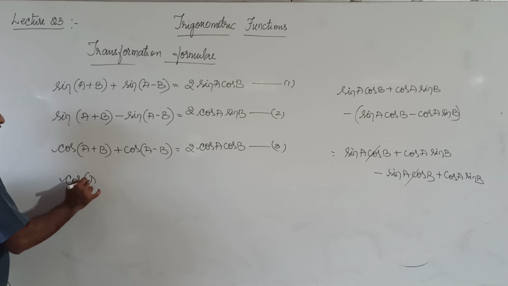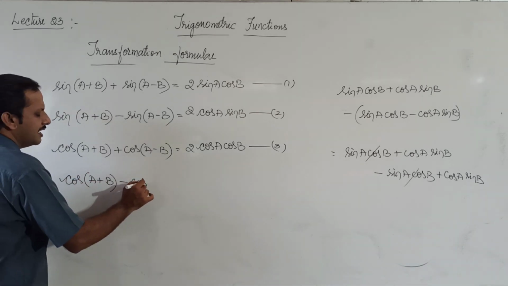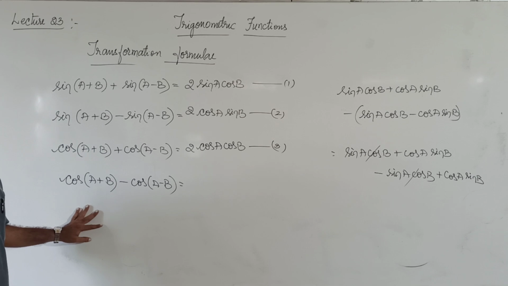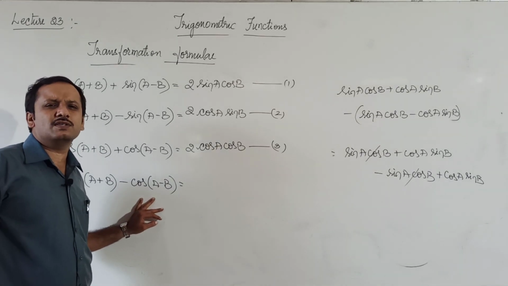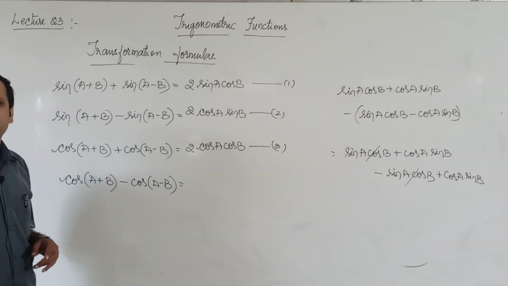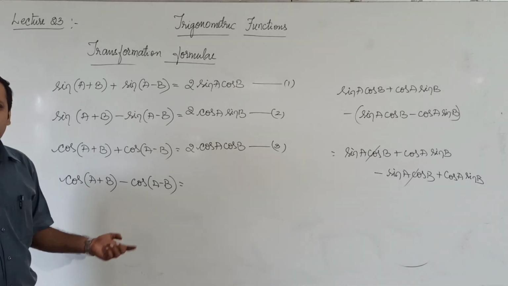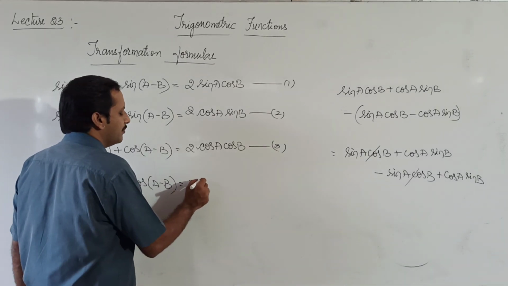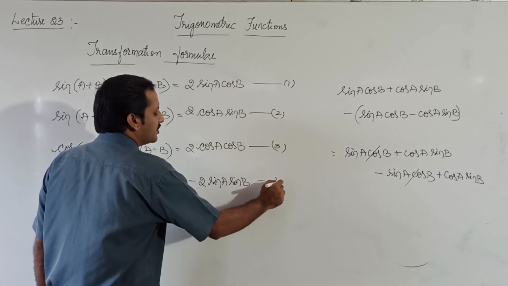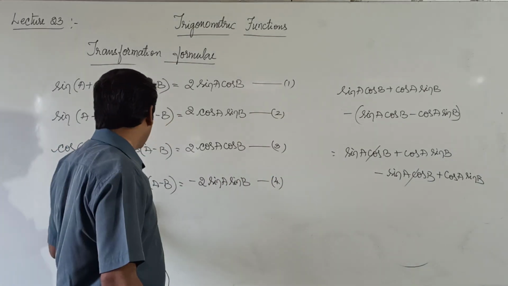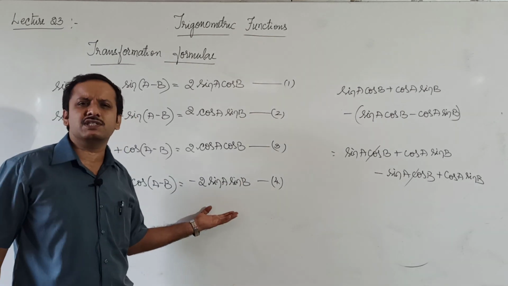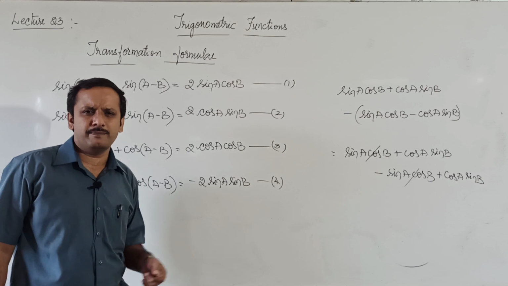So you know what next? Yes, you are right. cos(a+b) - cos(a-b). cos(a+b) is cos a cos b minus sin a sin b. cos(a-b) is cos a cos b plus sin a sin b. So when I take their difference, that cos a cos b gets cancelled. Here you have minus sin a sin b. Here also you get minus sin a sin b. Together it will become minus 2 sin a sin b. If you are in confusion, you expand like this. First write what is cos(a+b), then write cos(a-b), take their difference and after all the simplification we will get minus 2 sin a sin b.